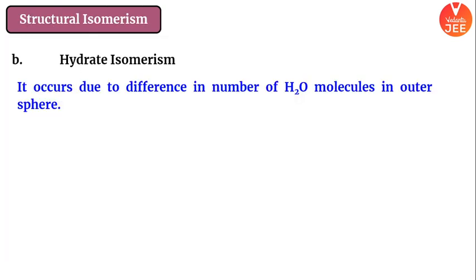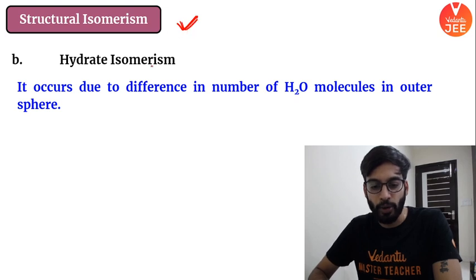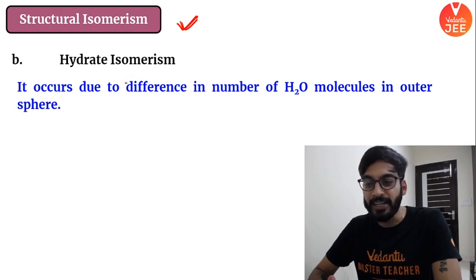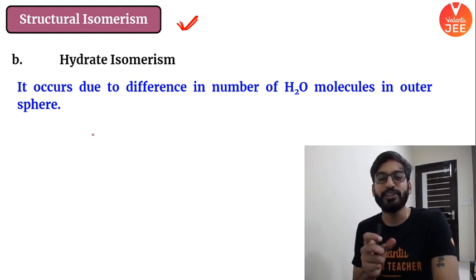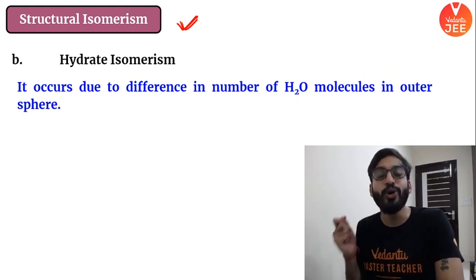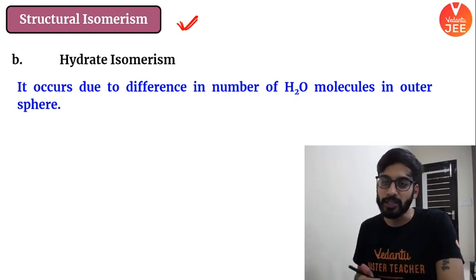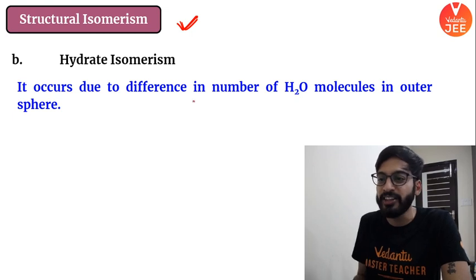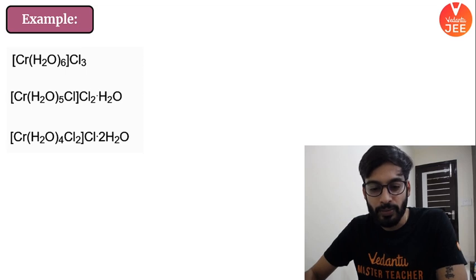Next one is also very interesting. Next one, pay full attention. In structural isomerism, now we are going for the second category: hydration isomerism, or hydrate isomerism. Here also you will get a different number of H2O. When you dissolve your complex, you will get different numbers of water molecules coming out from your complexes. So there is a difference in the number of water molecules in the outer sphere. Check this out. There is a difference in